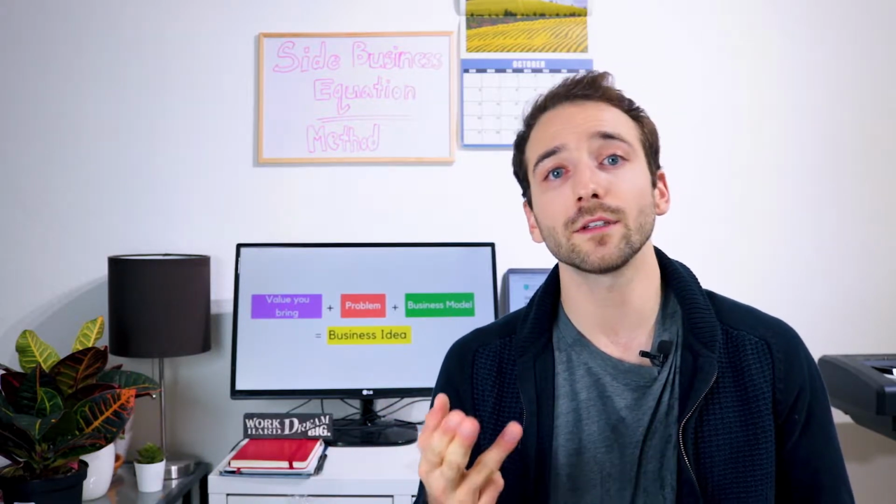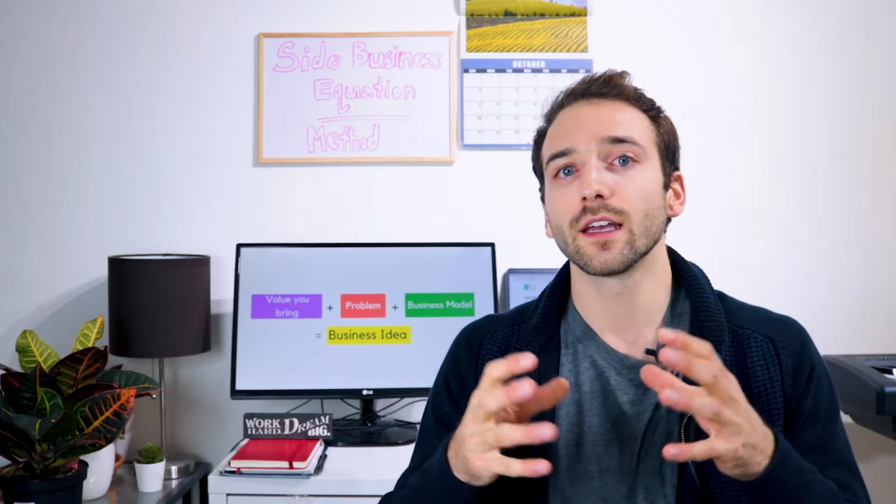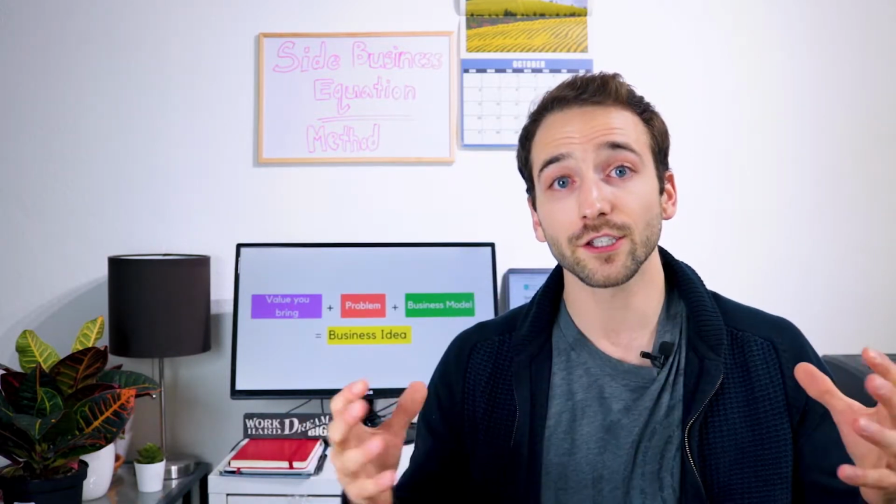Lastly, you want to be able to find unique problems, and there's multiple ways to do this. You can find problems from the news, use consulting firm research, ask friends and family, even look at your local city council meeting minutes to see what problems they're discussing at city council. So as you can see, the problem forms the base and the fundamental foundation of your side business idea. And without this, you'll be lost and you won't know where to start, as you can't think of a solution to a problem you haven't found yet.